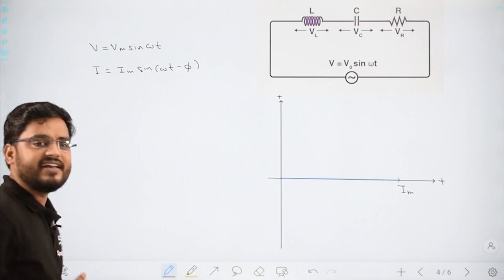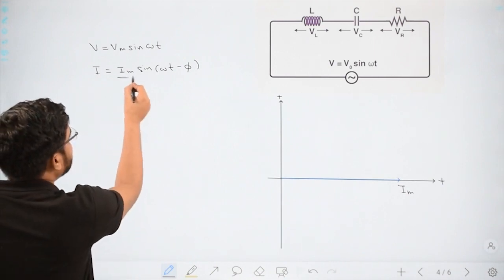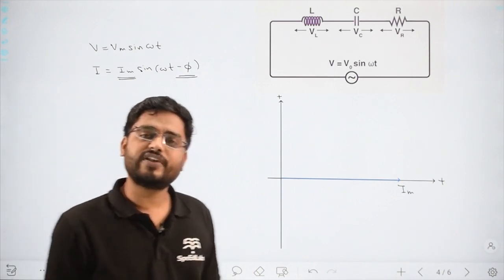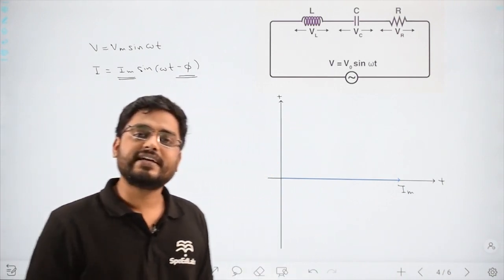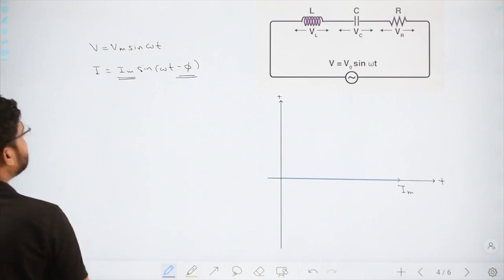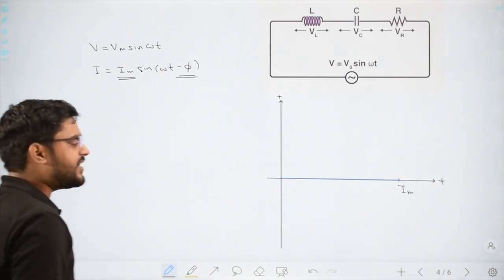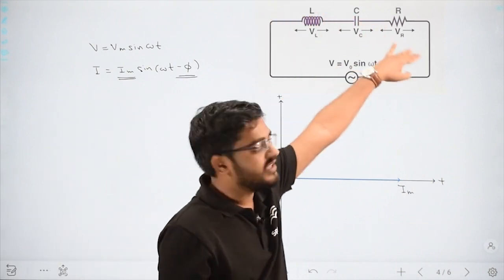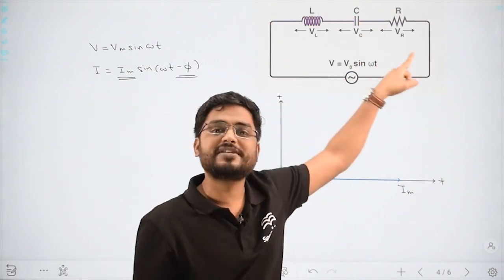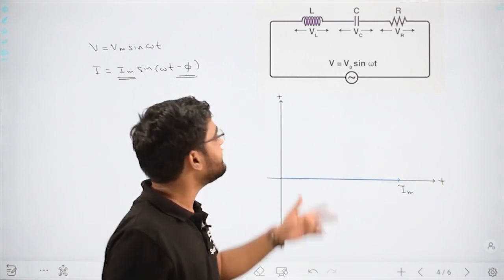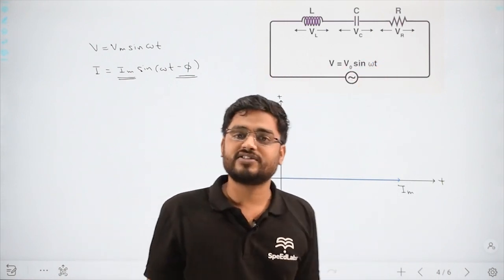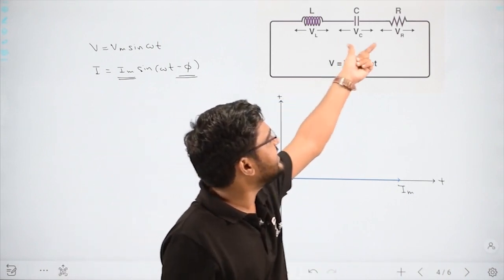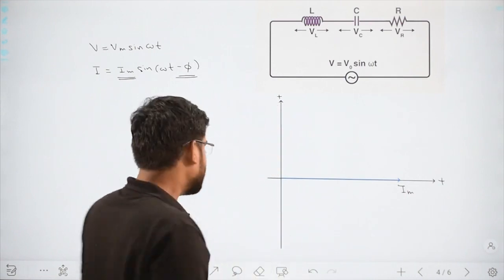My idea is the same: I just need to get an expression for Im and an expression for phi. If I can tell both of them, then I can tell what the current is, right? First is for Im, which will come from the phasor diagram. The current flowing through all three of them will be the same because they are in series. The same amount of current will be flowing in the entire branch. So current will be in phase, while the voltages across these will be in different phases. We already know that.